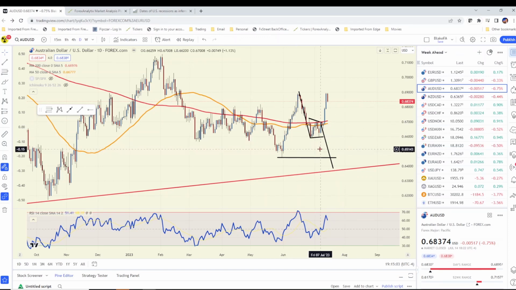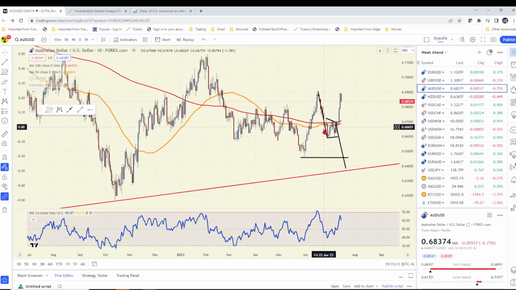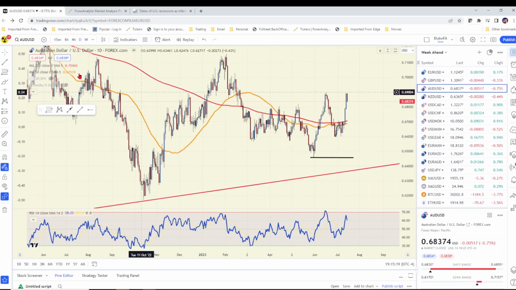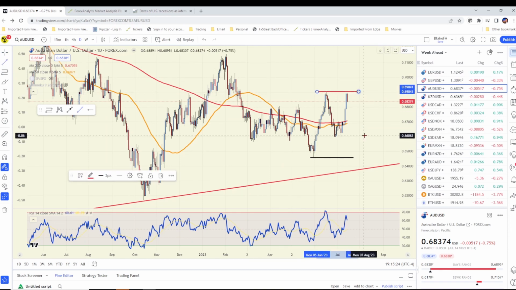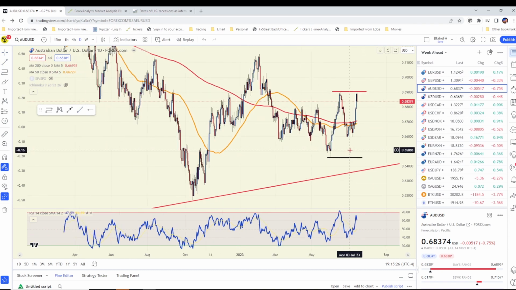Now, what we've noticed with the Aussie dollar, we did not break down. The bear flag did not play out. It got nullified when you got back above the 200-day moving average. And obviously with dollar weakness this last week, it just took the dollar to the woodshed, pretty much across the board. Now, the thing about the Aussie dollar is we stalled at the 69-cent level, that key resistance. And that's something that we should be paying attention to, that the Aussie dollar really is struggling to make new highs, even though equities continue to make new highs.